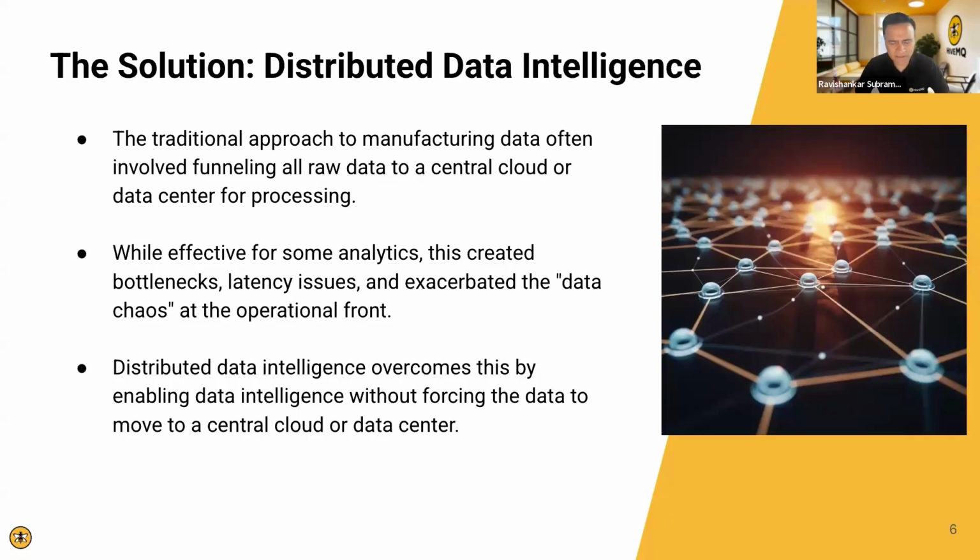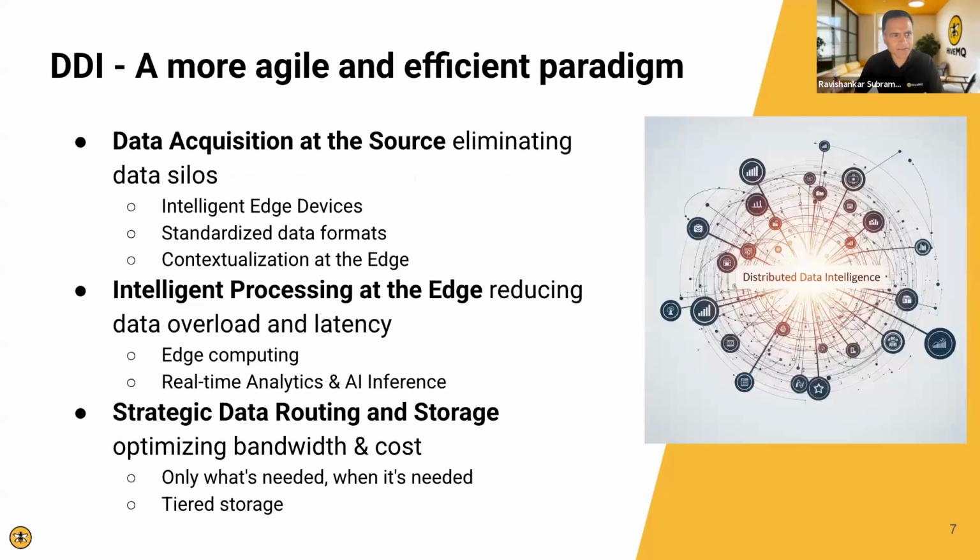What distributed data intelligence does is help you overcome this by enabling intelligence without forcing the data to move to a centralized cloud or a data center. Meaning you can derive intelligence from data wherever it currently is. That ensures data movement is minimal, and only the right data, the processed or contextualized data, gets moved to the enterprise. So when you start processing the data using the power of the cloud, you can develop more powerful applications and use cases in a more efficient manner. Looking at DDI, as we'll call it going forward,